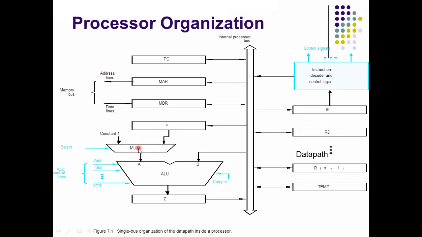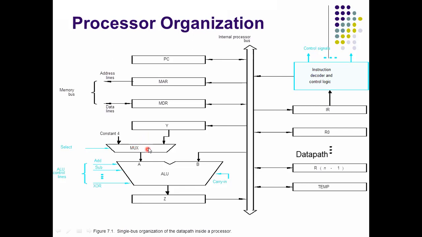Do you remember? Based on the selection lines combination, we are getting any one of the inputs to the output. We are getting the output based on the selection lines. Multiplexer means that it has only one output, and that output depends on the combination of the selection lines.